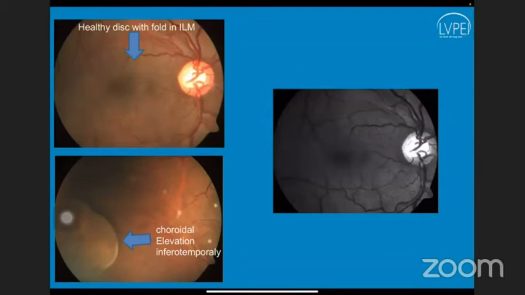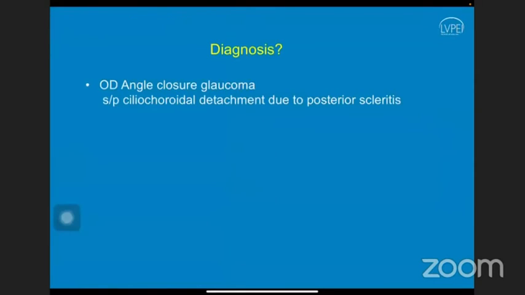The disc was healthy, but what you can see is ILM folds at the macula with a large choroidal elevation inferotemporally. What is the diagnosis? This is posterior scleritis causing choroidal effusion, the ciliary body detachment due to the uveal effusion going so much anteriorly and causing a shallow anterior chamber centrally